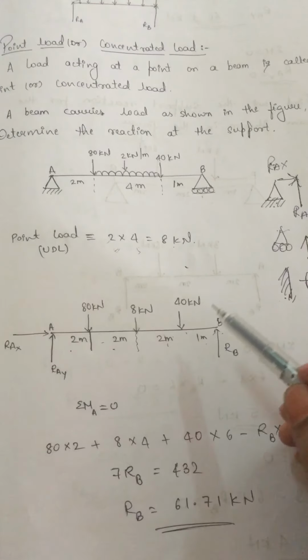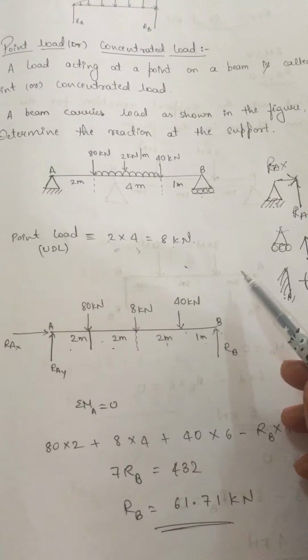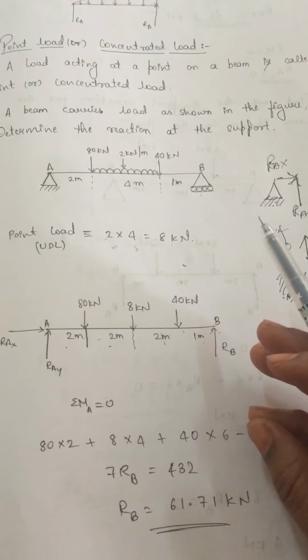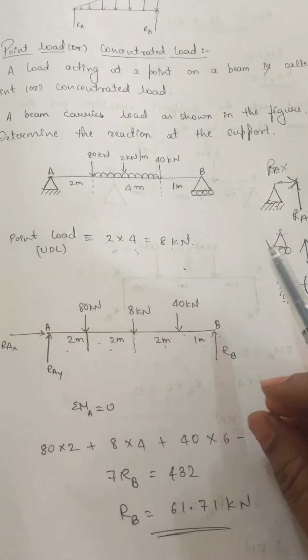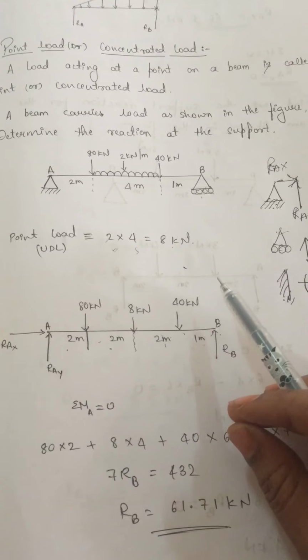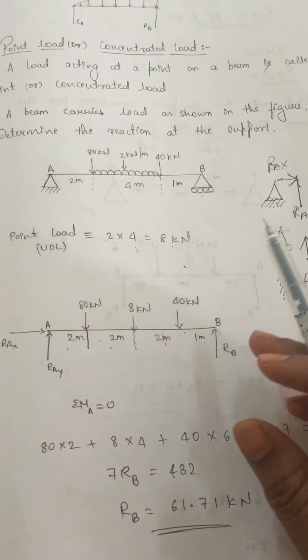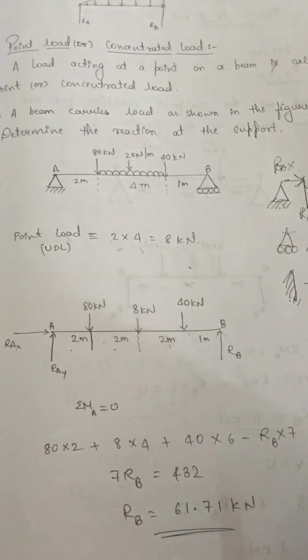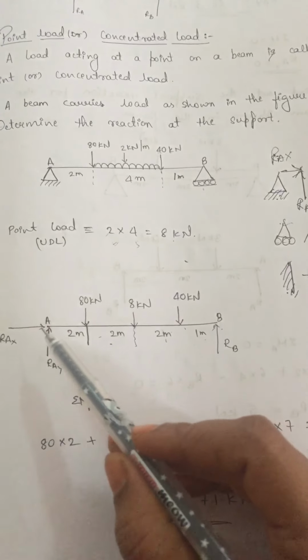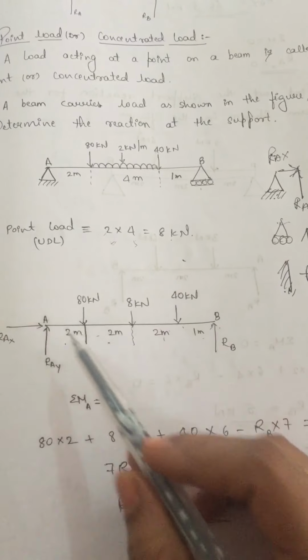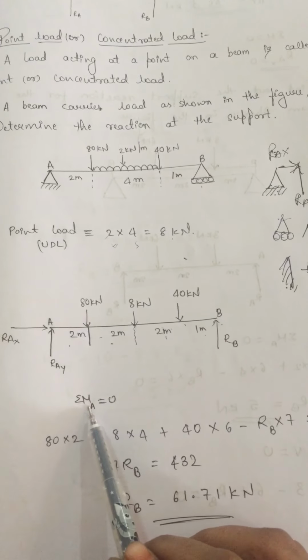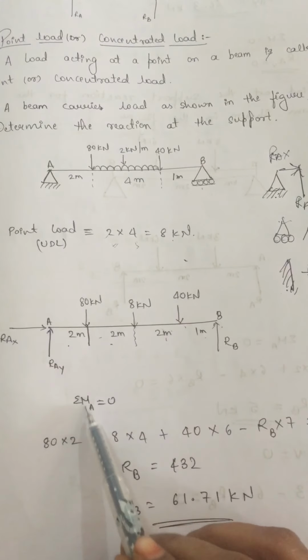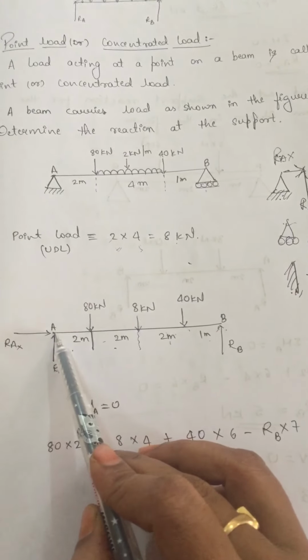And you know the equilibrium conditions for non-concurrent forces: summation of H is equal to 0, summation of V is equal to 0, and along with that the moment is also 0. H is nothing but horizontal force, V is nothing but vertical. Let's first take the first equilibrium condition. The moment is equal to 0. Summation of moment about the point A is equal to 0.